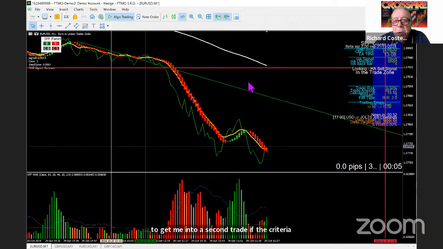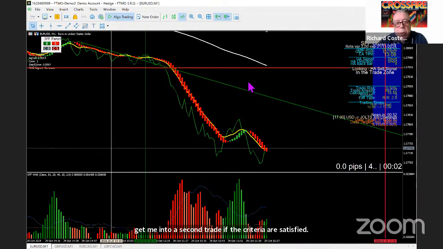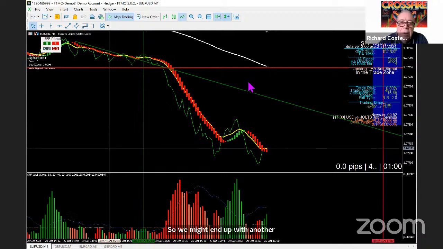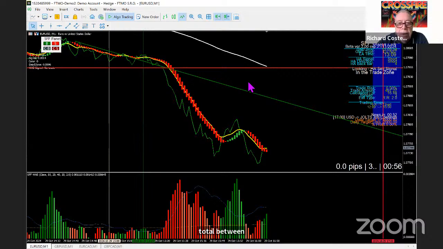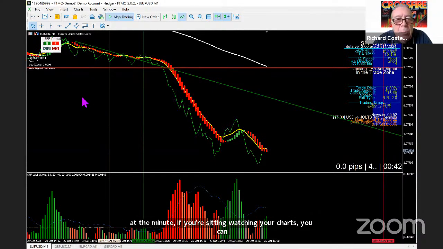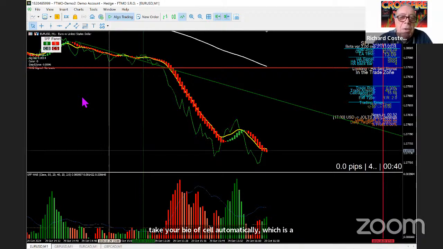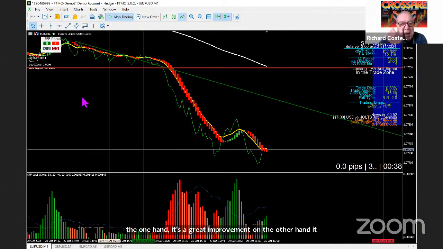So we might end up with another setting that we can toggle between take more than one trade and only take one trade. I think that's doable. But at the minute, if you're sitting watching your charts, you can take a buy or a sell automatically, which is on the one hand a great improvement. On the other hand, it's putting the emotion back into trading, which was something we were trying to avoid. But anyway,